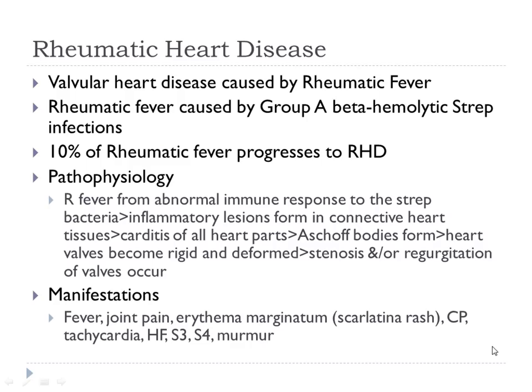Rheumatic heart disease. And you probably learned a little bit about this in peds, right? Because what causes this? Stress, right? And kids get stressed. Adults do too. So this is caused by a bacteria. It's caused by strep. And it's group A beta hemolytic strep. That means that this strep causes what? Hemolysis.